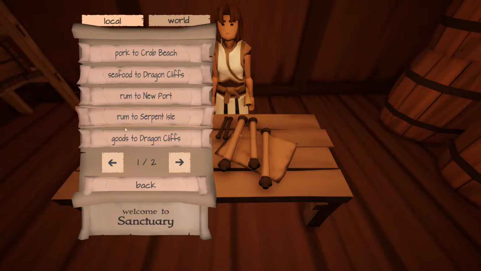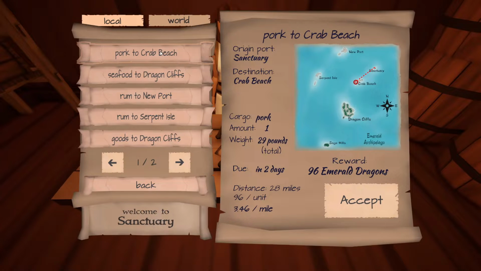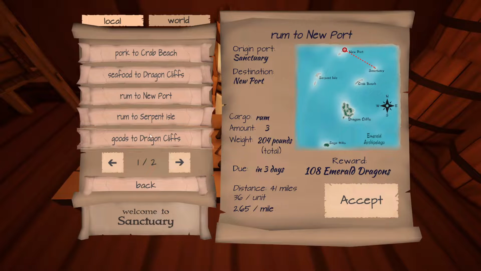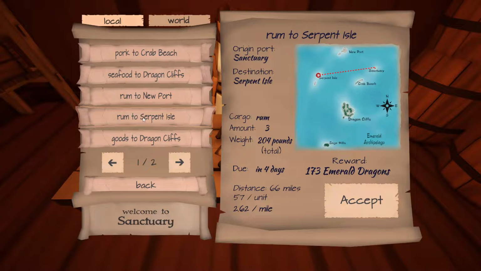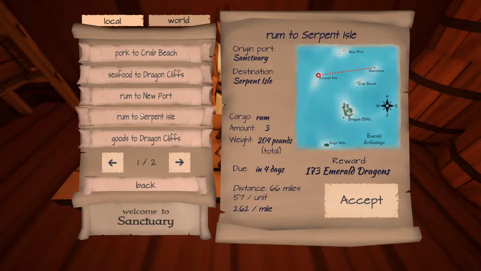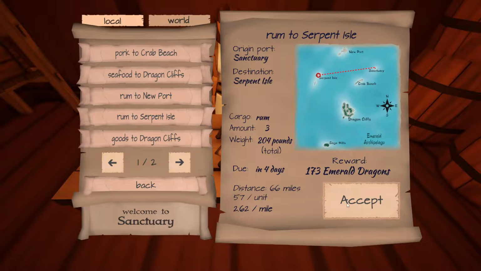Anyway, so yes, we want to find a job that goes to the Serpent Isle because it pays really, really good. But because it's right along the way, we could go to Newport as well, or maybe go back home to Crab Beach. I don't want to go to the Dragon Cliffs, though. Should I go for 2? You know what? Crab Beach is literally just right along the way, so yeah, we'll go to Crab Beach,